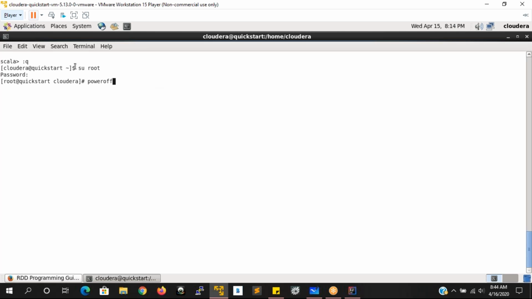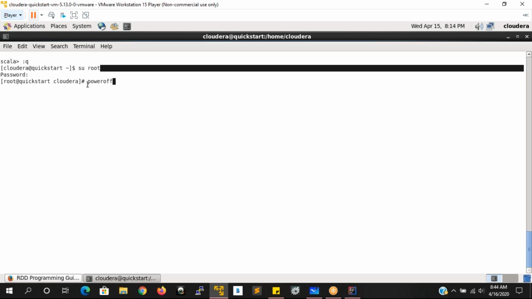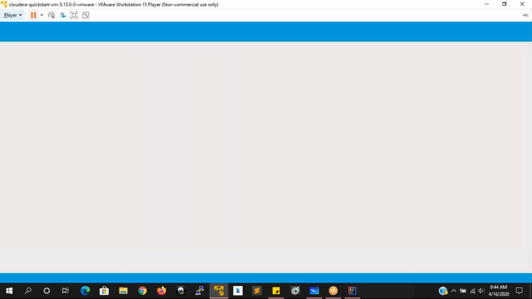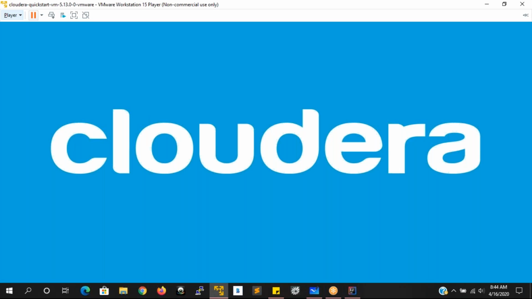So you have to go for su space root and then say power off. Then what is going to happen? It is going to shut down all the internal services of your Cloudera machine, so that no file is going to be corrupted.